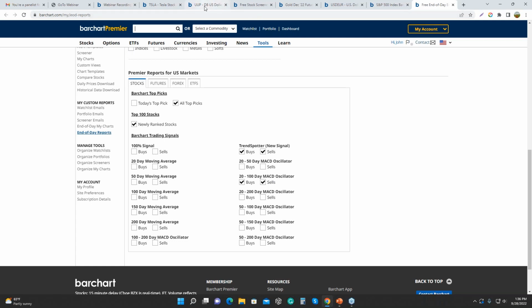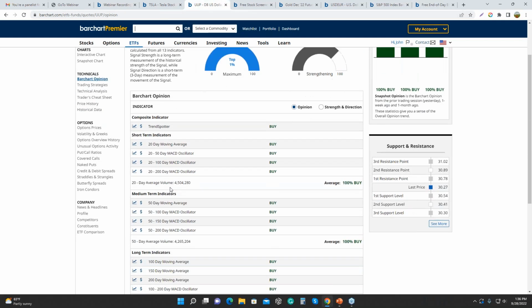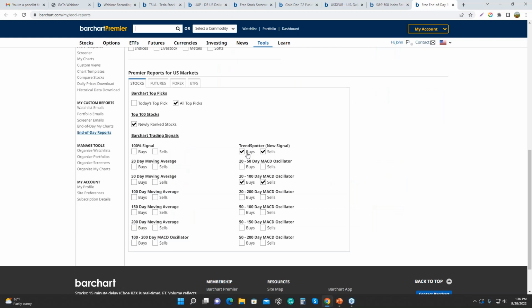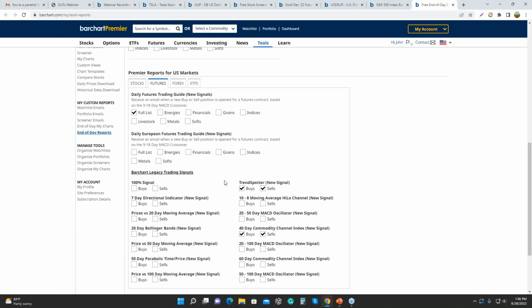Remember, these were the indicators, right? These are two of the indicators that I look at that are in our bar chart opinion technical indicators. So I can have that sent to me. They'll tell me if there's a new buy or sell signal, for instance, here in the trend spotter. For futures, again, I use the trend spotter. It's kind of just a little bit of a longer term